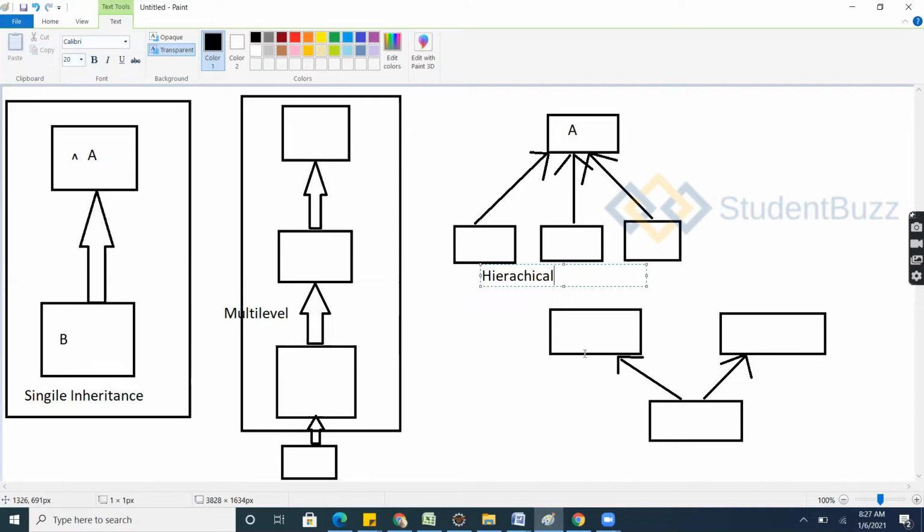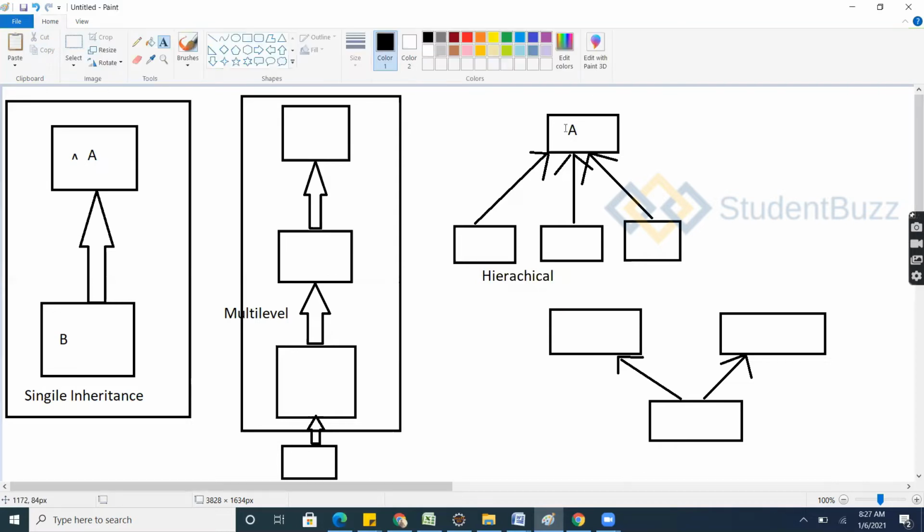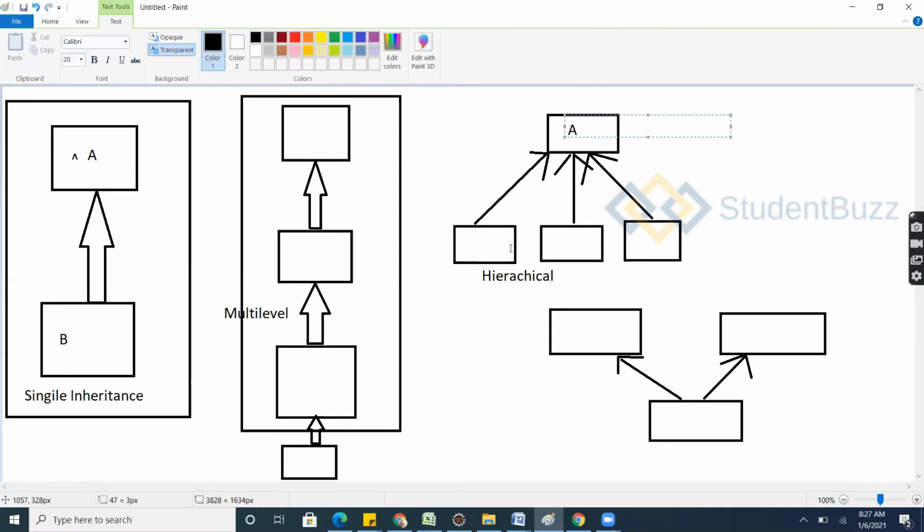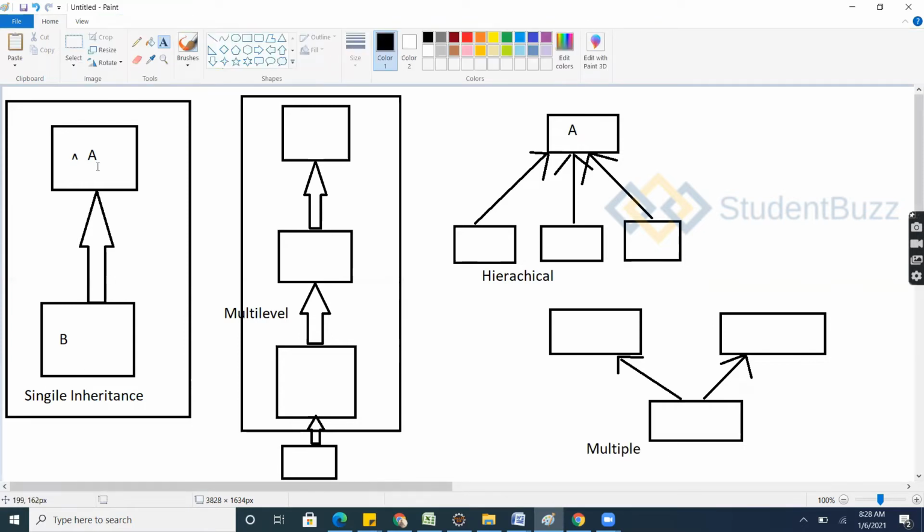In hierarchical, one person is earning and giving to all three. I'll tell you how it is hierarchical and all. And in this one, two people are earning and giving to one person. We call that multiple. So let's see, I have A and B, single inheritance. We are calling it single inheritance. It's like how it will be.